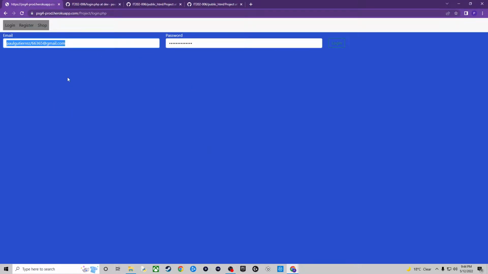Well, this is my page right here. It's in prod with Heroku deploy. First, you have a login, register, and shop options at the top. This is an app. So first, if you're going to register, I press register here,